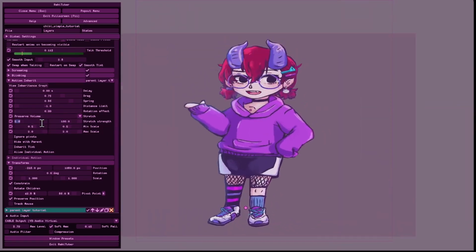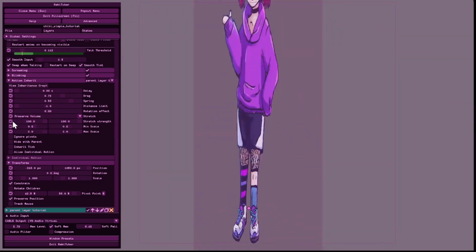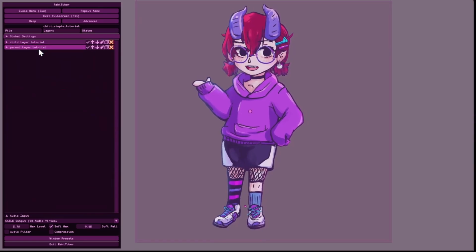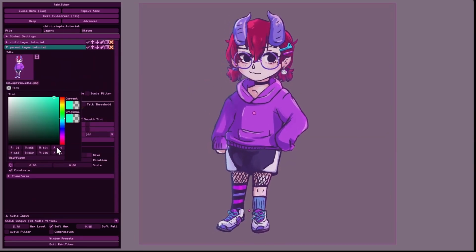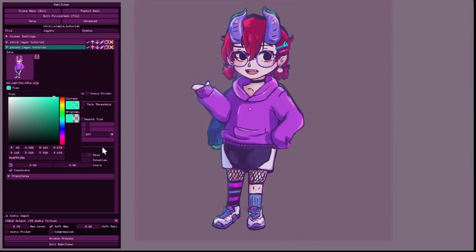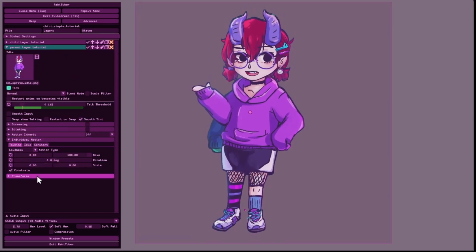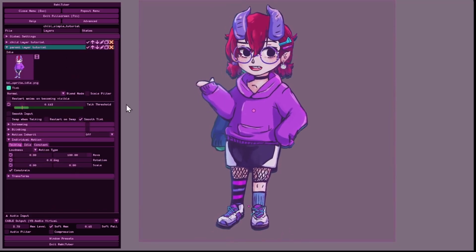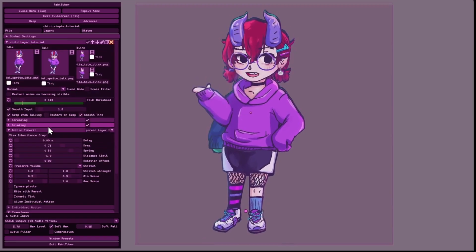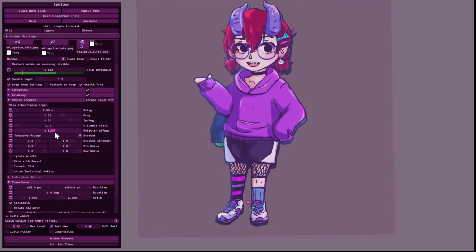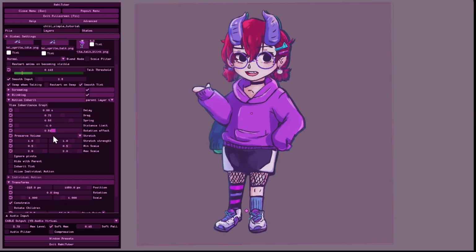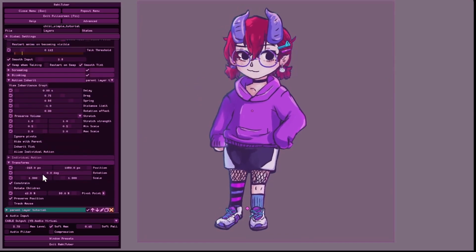And then just for clarity's sake, I'm going to go back into the parent layer and I'm going to turn up the opacity a little bit. And I'm going to add a little bit of a tint too. That's just for me to show you so you can see the difference between the original motion of this parent versus what's happening to the one inheriting the motion and applying physics. One thing I will mention though is your results might look different from mine in terms of what the physics look like because of the position of your pivot point.